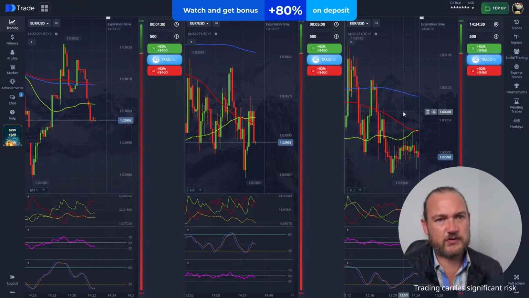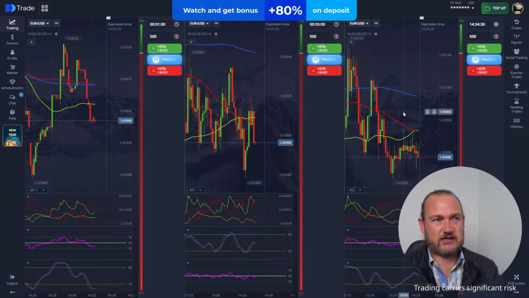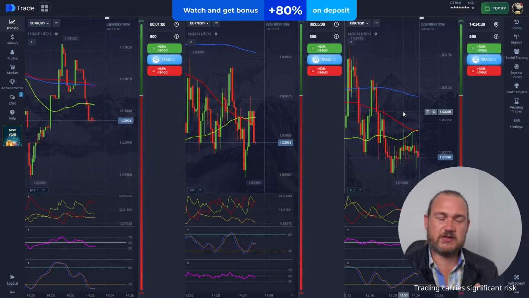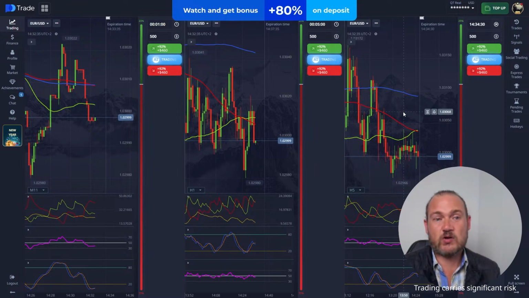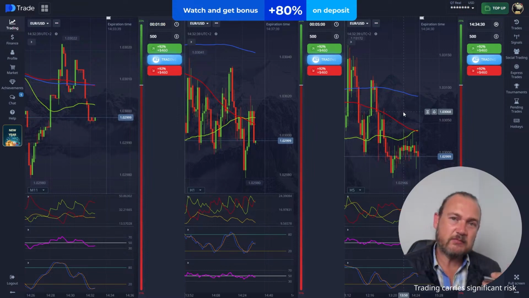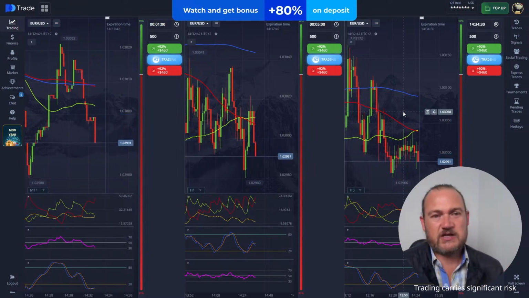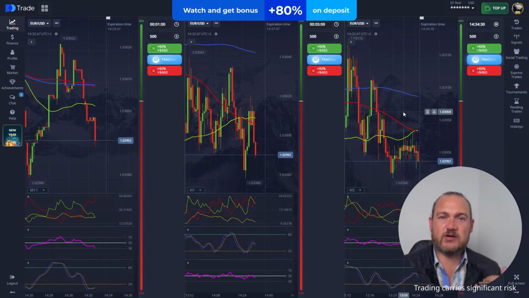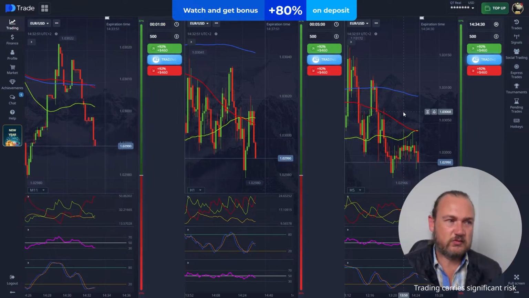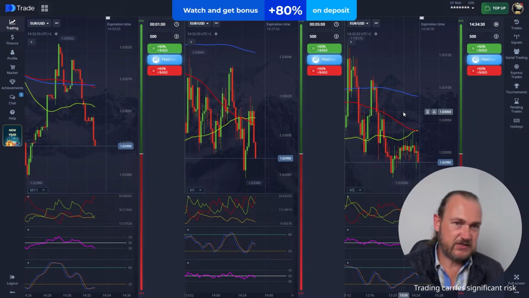Quite often you will open up a 1 minute chart and it will look super bullish, but then all the time frames above it are super bearish. That happens quite often, and then people keep on taking buy trades at that point in time, and they keep on losing and they don't understand why the trades are going wrong. So keeping an eye on the bigger picture is kind of important,